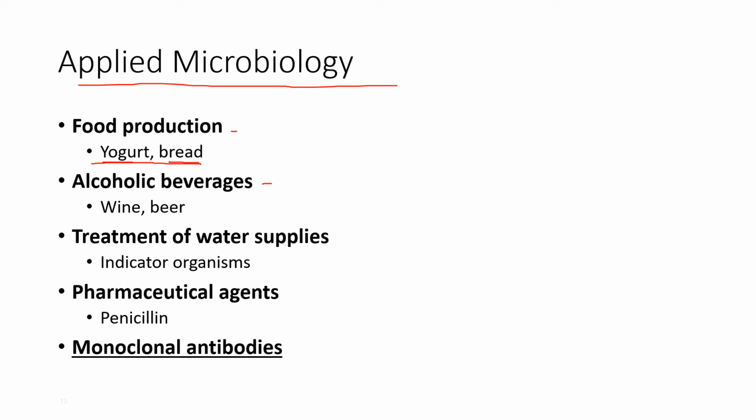Water treatment. They pour this, turds and water, into these big ponds, and they aerate them for a long time, with air flowing, and it changes the bacterial organisms until they're no longer a problem. Now, pharmaceutical agents, they make penicillin out of organisms. Monoclonal antibodies are made out of a chimera.